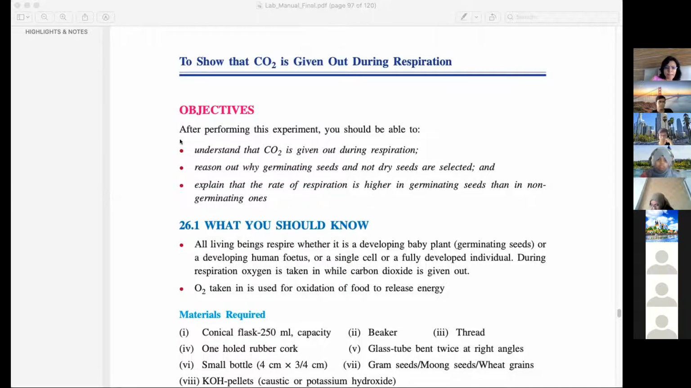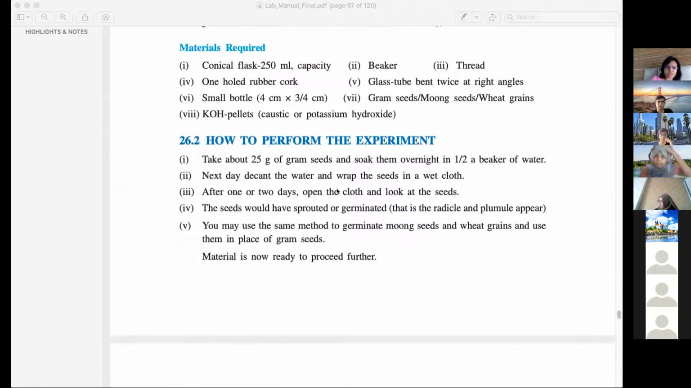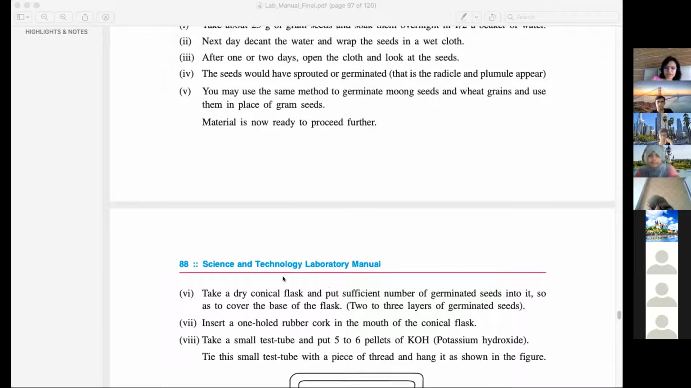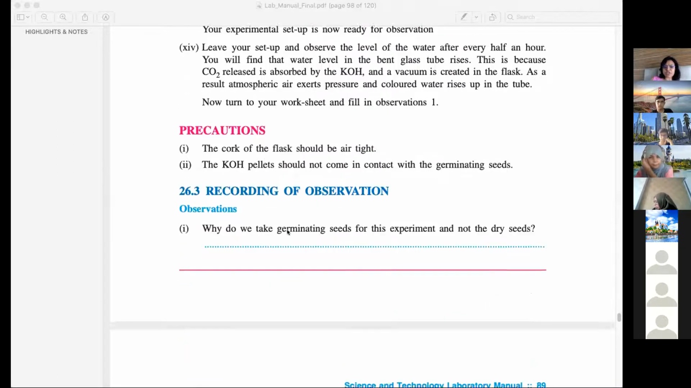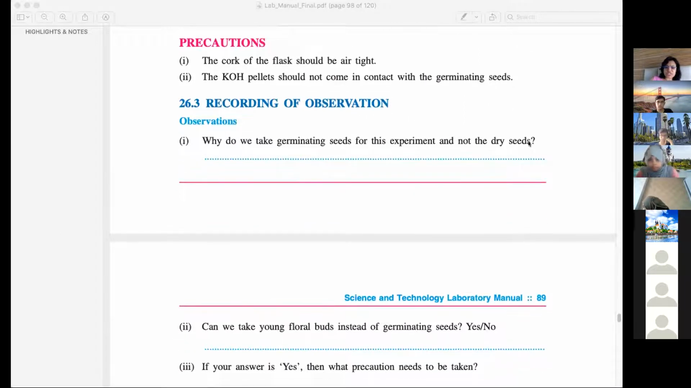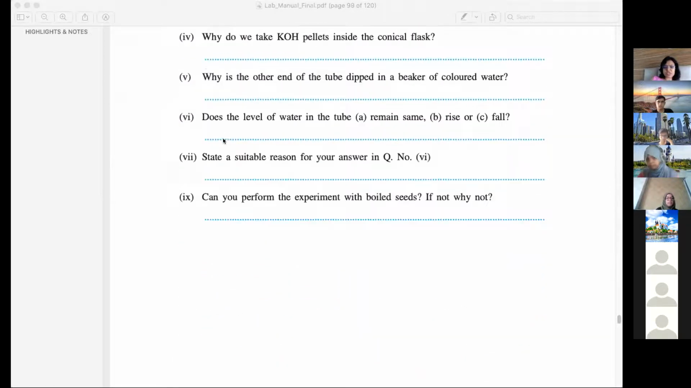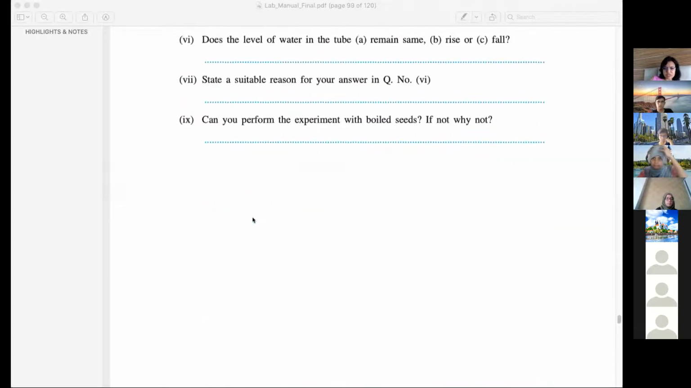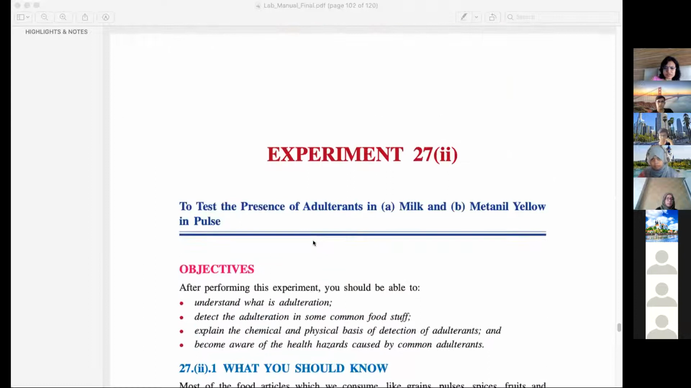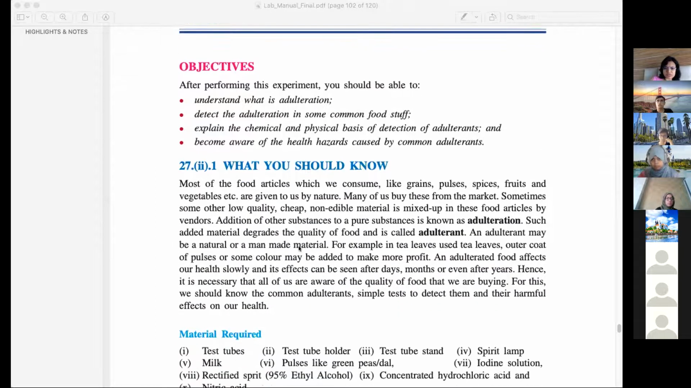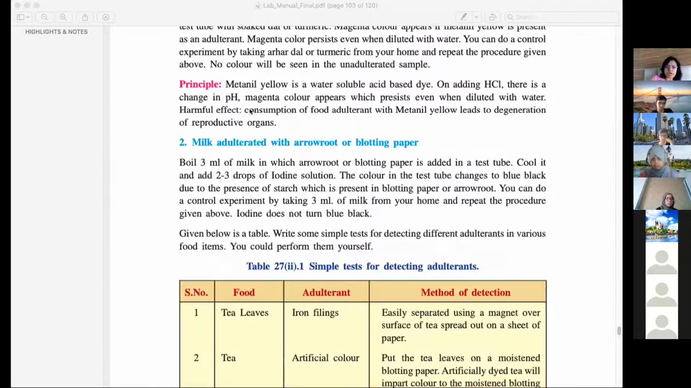What should you know? What should you know? You don't write this. Materials required, procedure, how to perform the experiment. And then this is the diagram. Precautions, recording observation, nahi, observation you have to write. Why do we take germinating seeds for this experiment and not the dry seeds? Okay, can we take, so observation में इसमें observation नहीं दिया, so you have to think about the observation. Wait, let me see. where observation you cannot write. Okay, इसका fourth one I'll let you know. ठीक है? इसका observation,